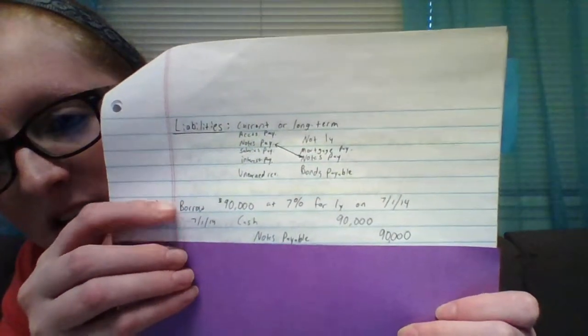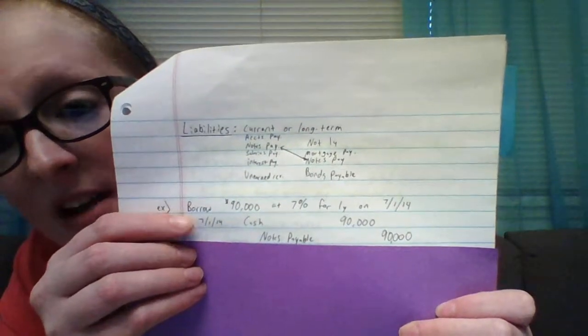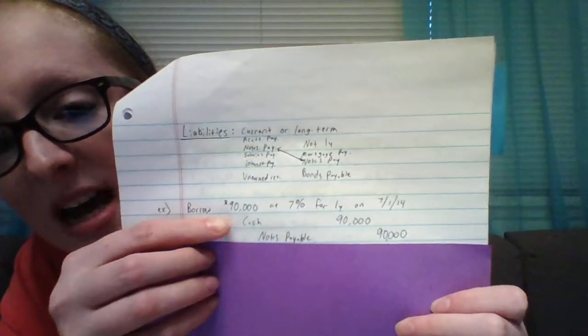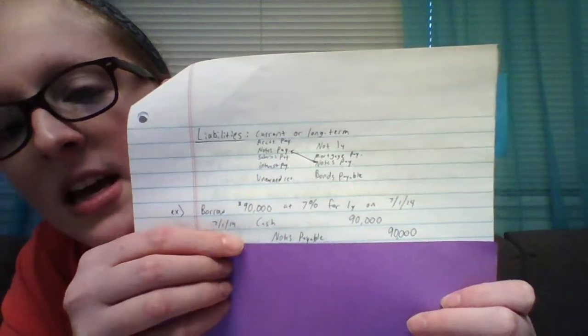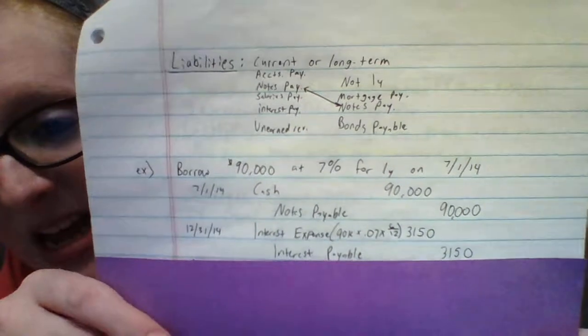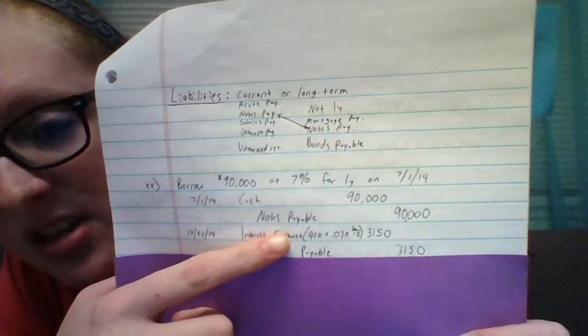So here's the example that I had. On July 1st of 2014, you got some cash of $90,000 and you have a notes payable of $90,000. The second thing you're going to do is calculate your interest. Interest is at the year end. We know that interest is an expense account, and it's also a payable account. So you're incurring an interest expense, and that'll be your debit. It's your $90,000 multiplied by your